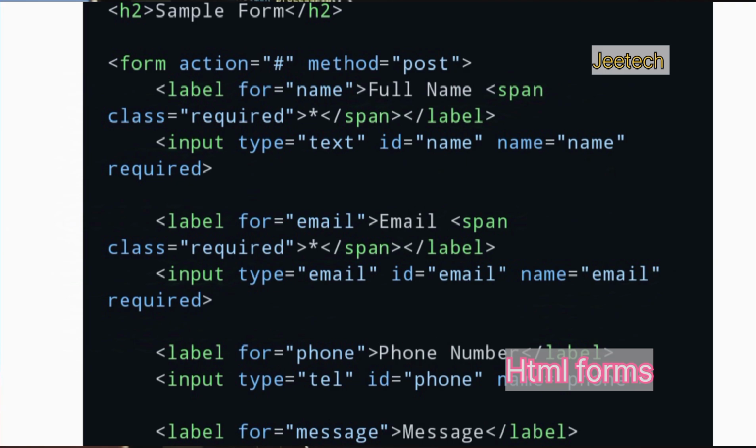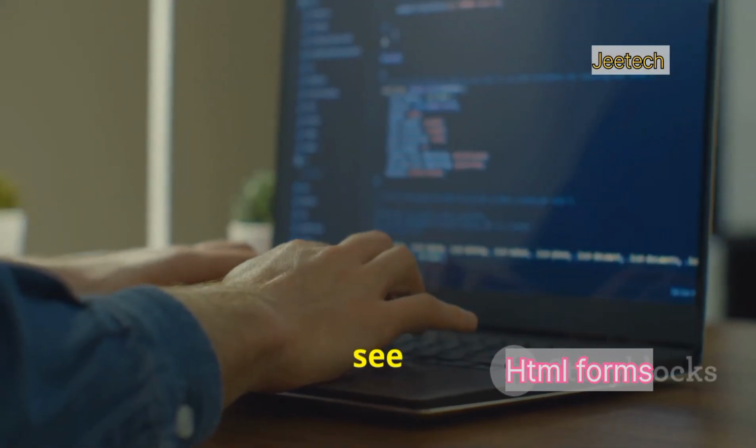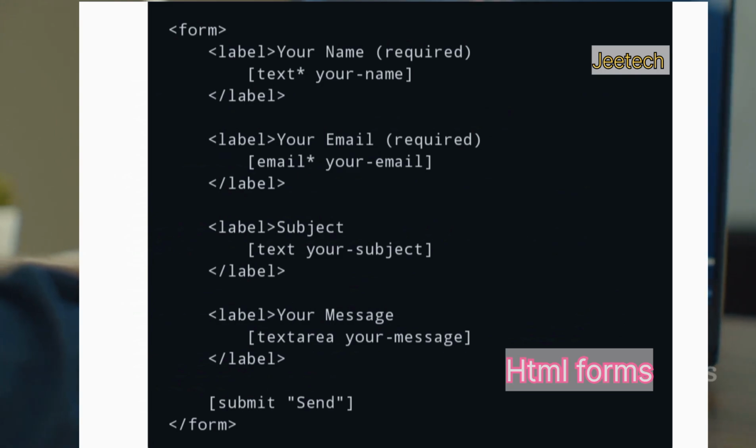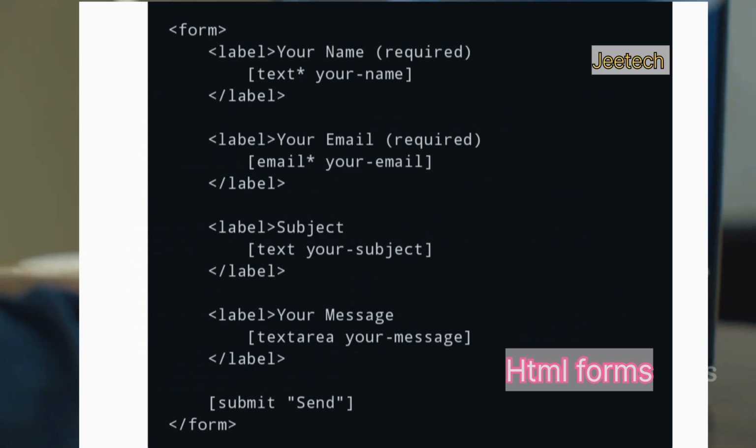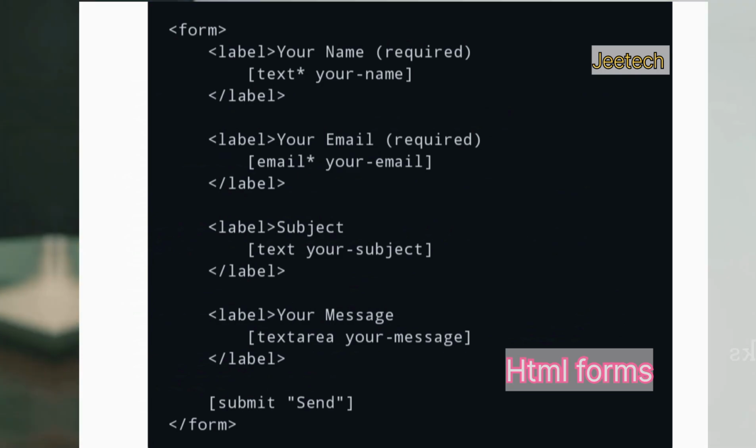Section 6. Bringing it all together. Building a contact form. Let's see how all these elements and attributes work together to create a simple yet functional contact form. We'll have fields for the user's name, email address, and a message box to collect user input. First, we'll use the